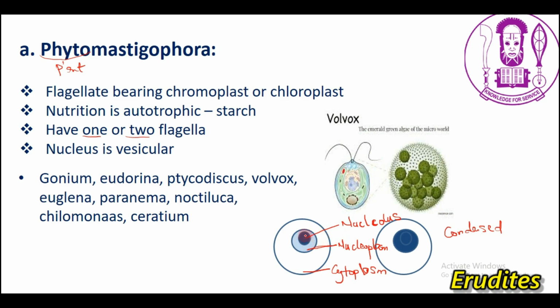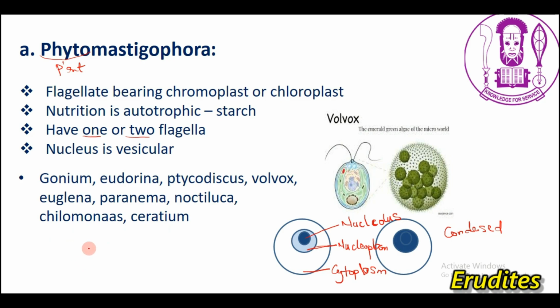The reason for that is that the chromatin material is loosely packed together. So this is a very important feature of the class Phytomastigophora: their nucleus is vesicular. Examples of protozoa under the class Phytomastigophora are Gonium, Eudorina, Tychodiscus, Volvox, Euglena, Paranema, Noctiluca,